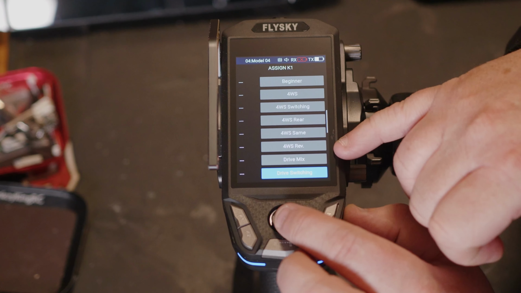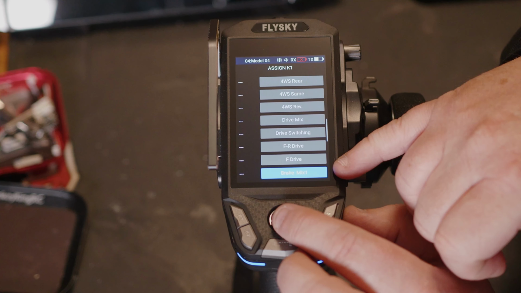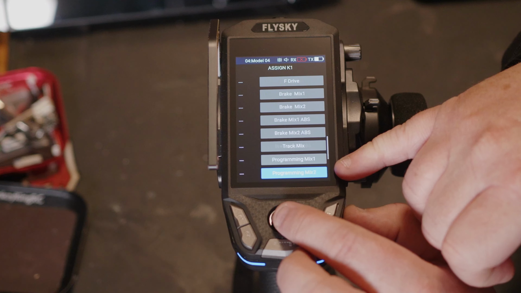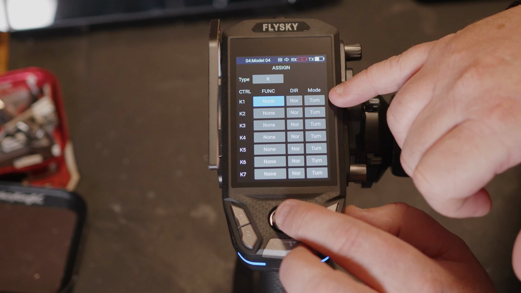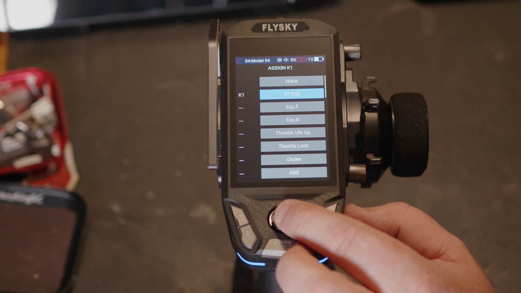then your four-wheel switching, rear wheels, so you can assign it to dedicate one of the buttons to them mixers. Then you've got drive switching, front and rear drive, brake mixing, ABS, then your program mixers to turn them on and off. But basically, if you're putting it on one of the K types, so if we look, if we